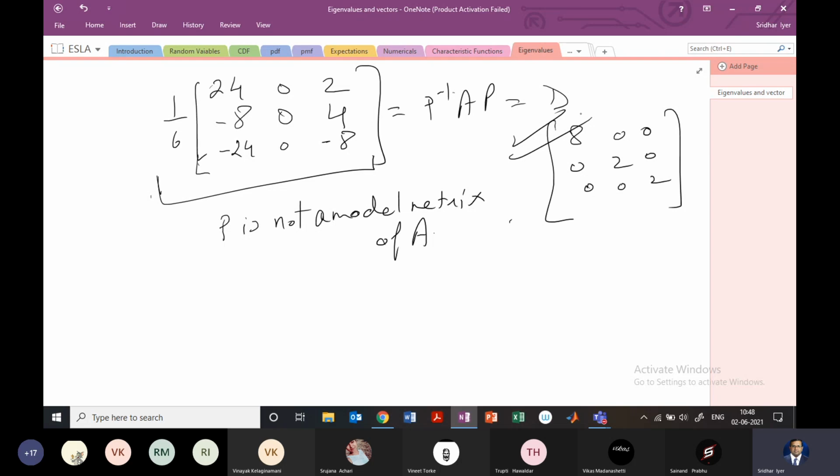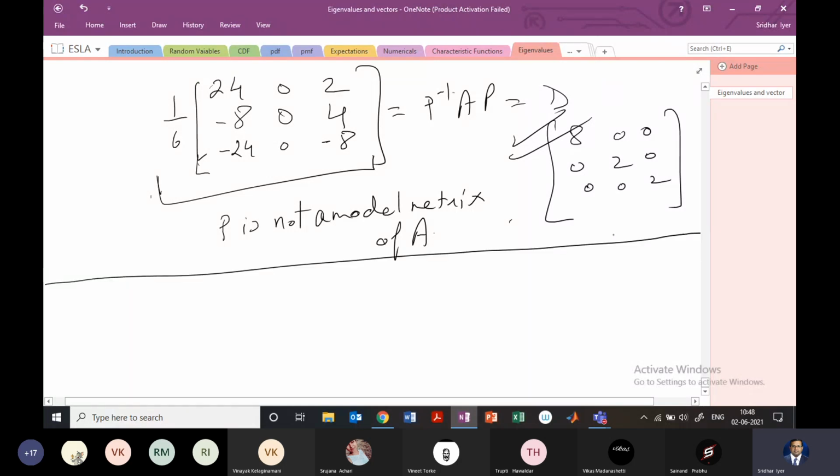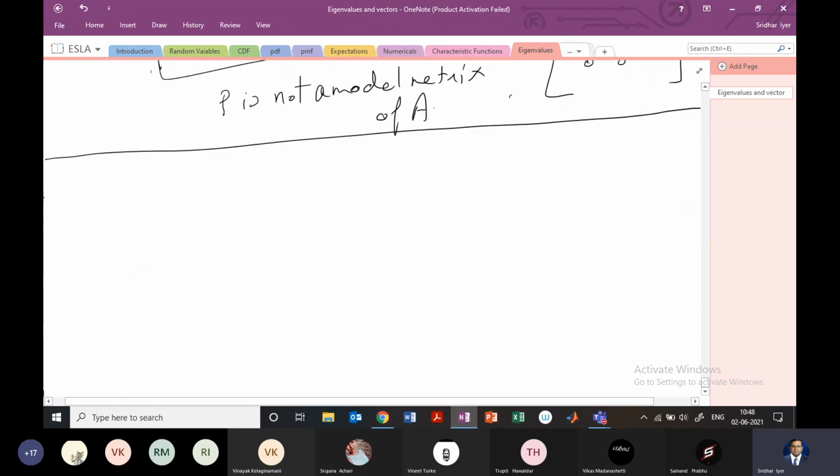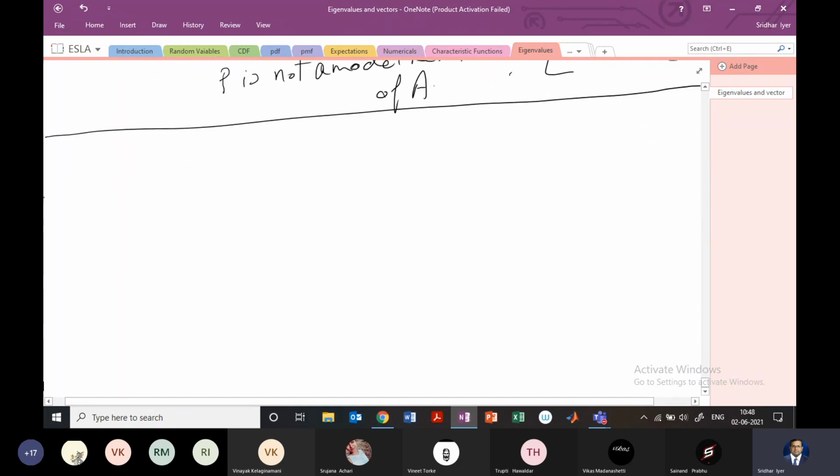So I'll give you one numerical. This is solved in the notes which are uploaded, but I would suggest that you do it without seeing, so that you are able to diagonalize the matrix, right? In the Teams group, I have uploaded additional videos where I have solved this entire process for I think 3 numericals, because solving in class takes a lot of time, as you can see. So you can practice with those videos. You can take one for practice. This is solved in the notes also.